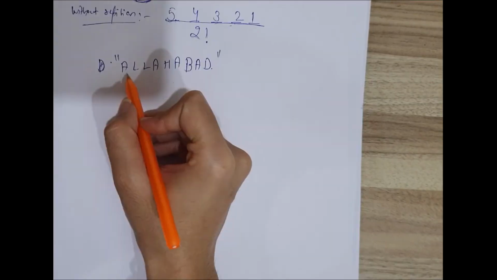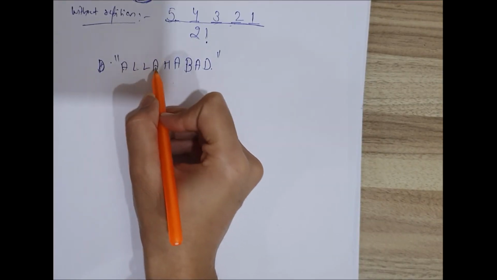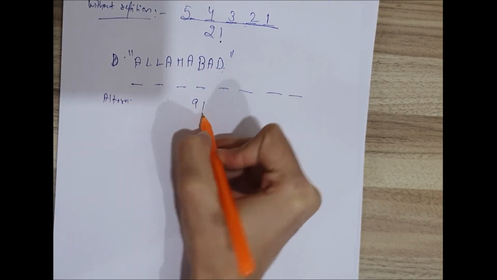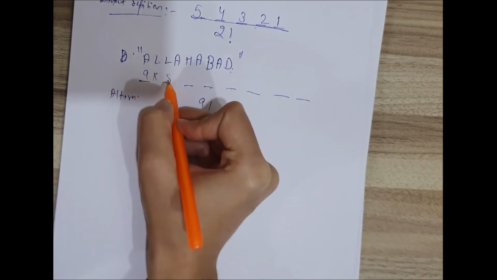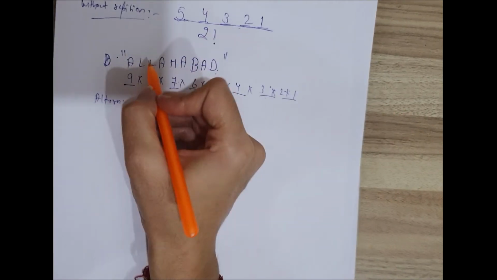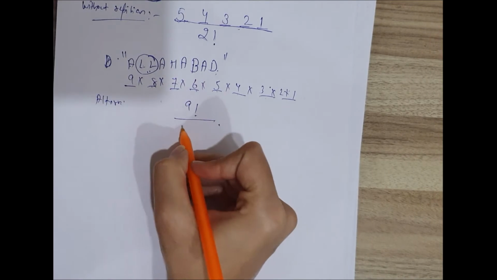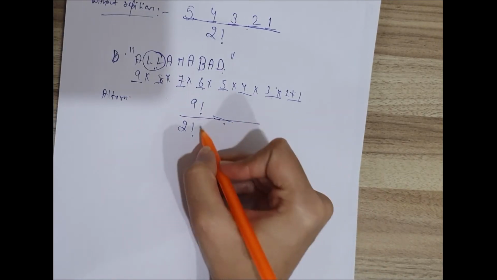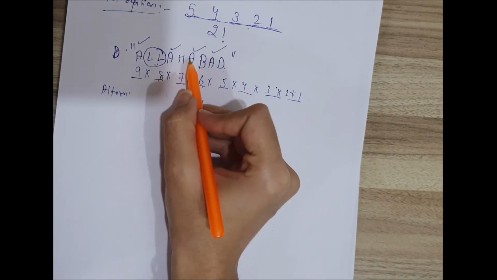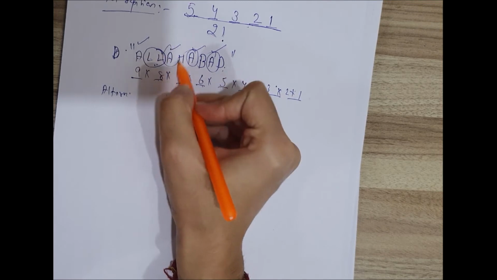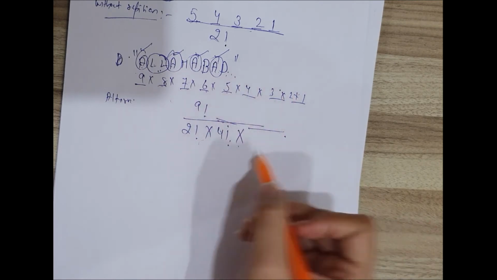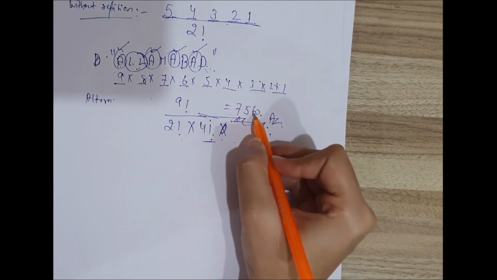If the word would be, then how many letters are there in it? 1, 2, 3, 4, 5, 6, 7, 8, 9. Then it can be 9 factorial divided by, here you can write it like this also. Upon, here how many letters are repeating? Here 2 L's are there, so it means 2 factorial. 4 A's are there, 1, 2, 3, 4, so 4 factorial. For the number of letters repeating, we have to divide by that number. 7560 will be its answer.